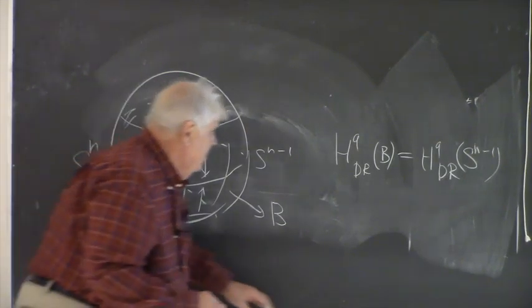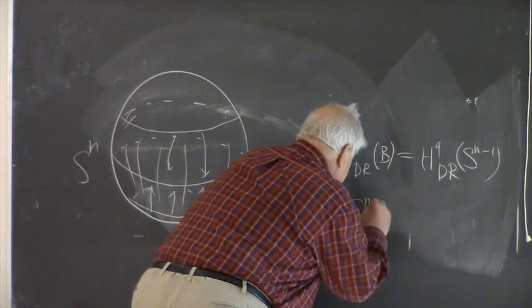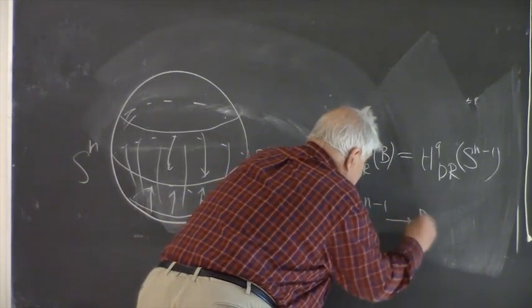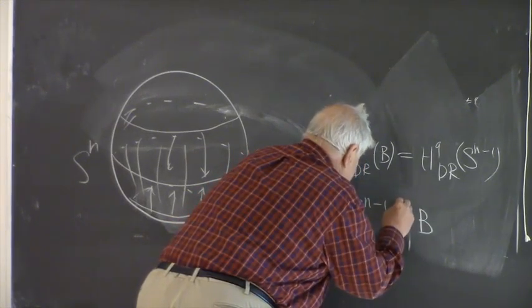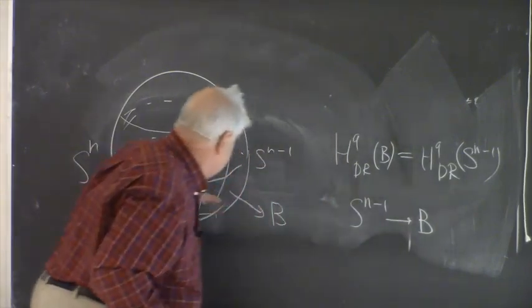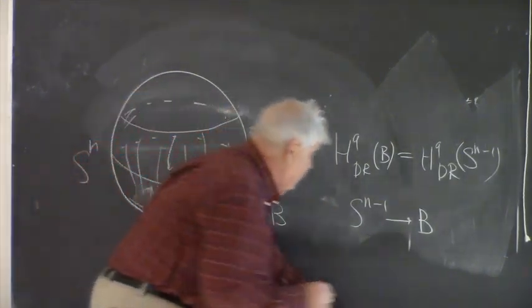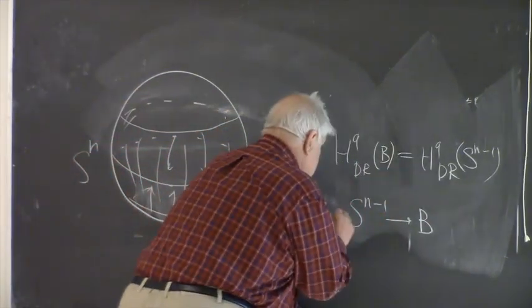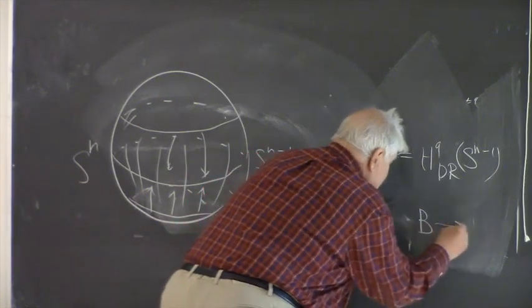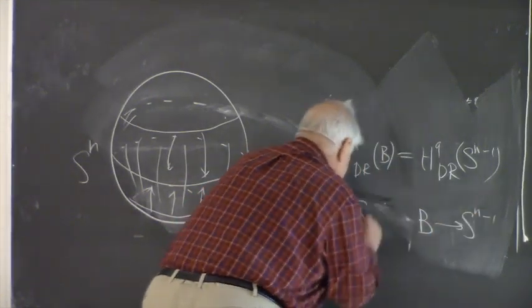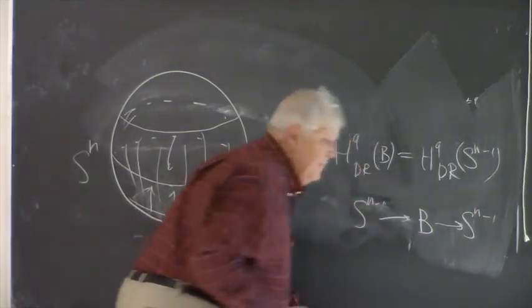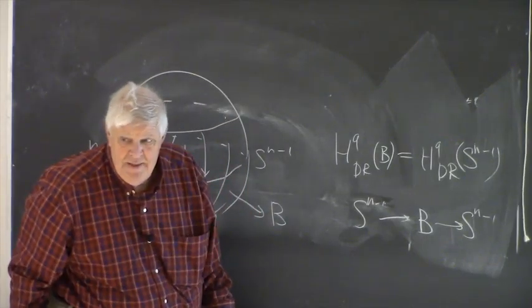This is a map of B into Sn minus 1. You remember this map. And also there is an inclusion, Sn minus 1 into B. There are two maps